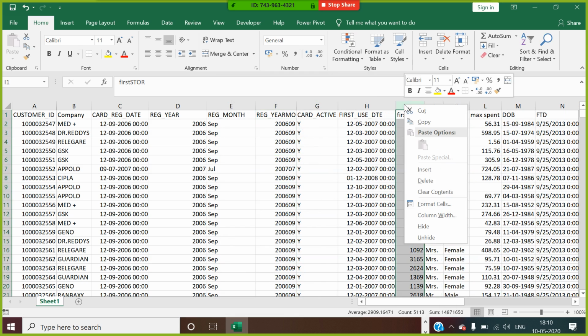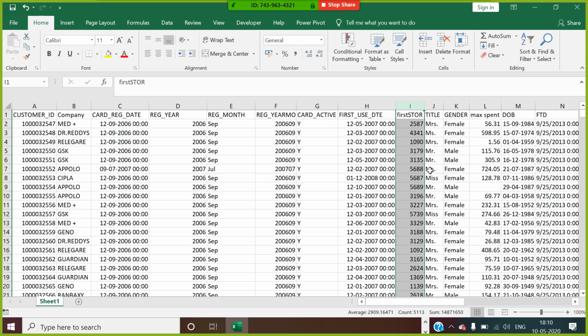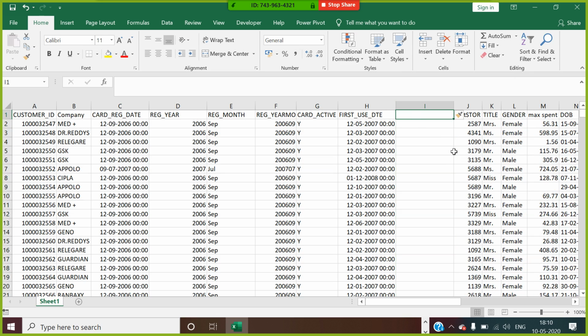Now I want to see, insert. So when I got card registration, I got first use, how many days gap. So if I say days gap, how will I get days gap? I'll use a function in Excel which is called datedif